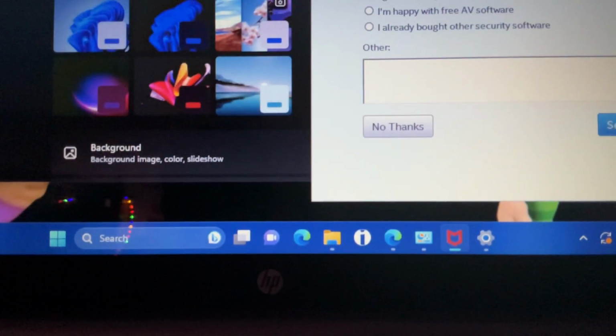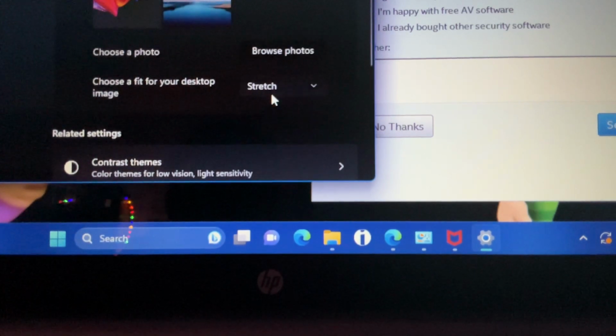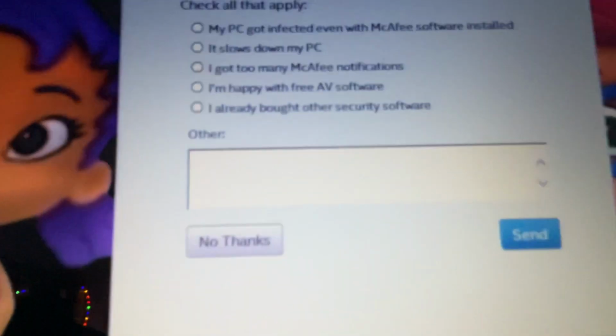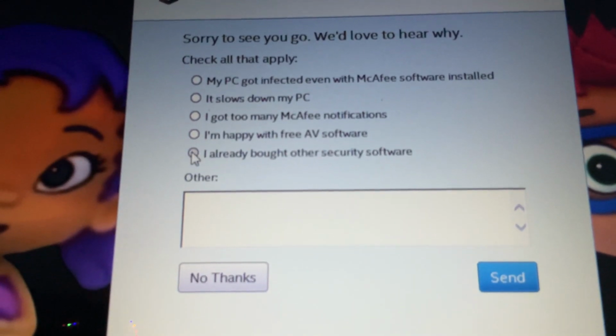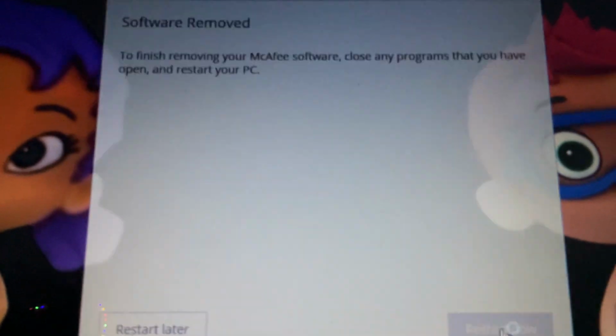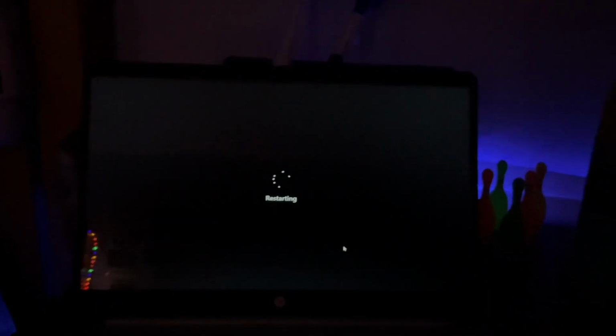And since the positioning of it is not correct, we need to go back in here and go back into the background settings, and I'm going to tell it to stretch it. There we go. That's more like it. And then this is the survey asking us why we're going to remove it. I'm going to tell it I already have other antivirus software. Now it says to finish, you're going to need to reboot your machine one more time. In fact, that's what Windows is going to ask me to do anyway, because it needs to install that last